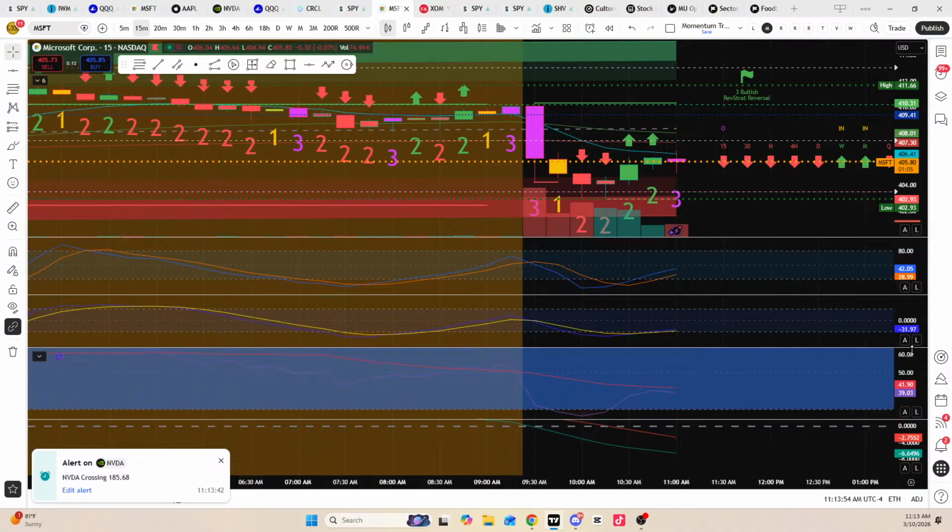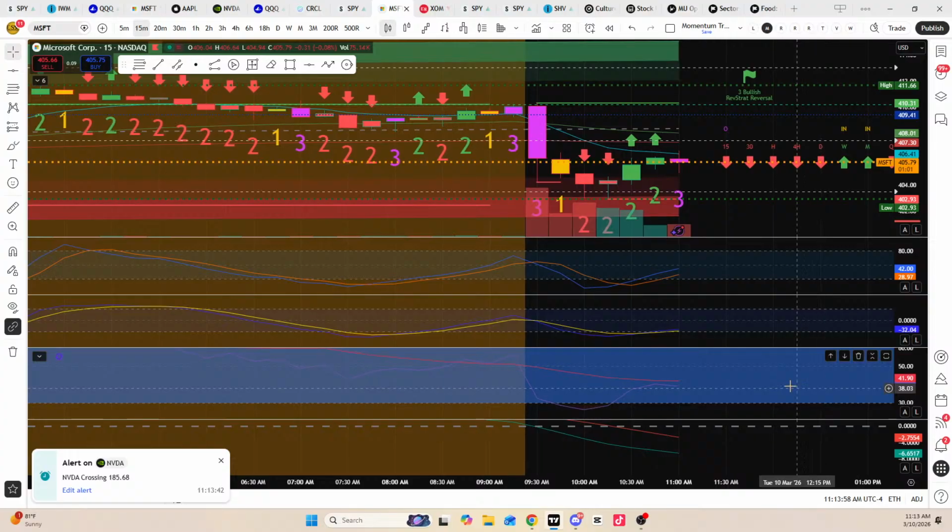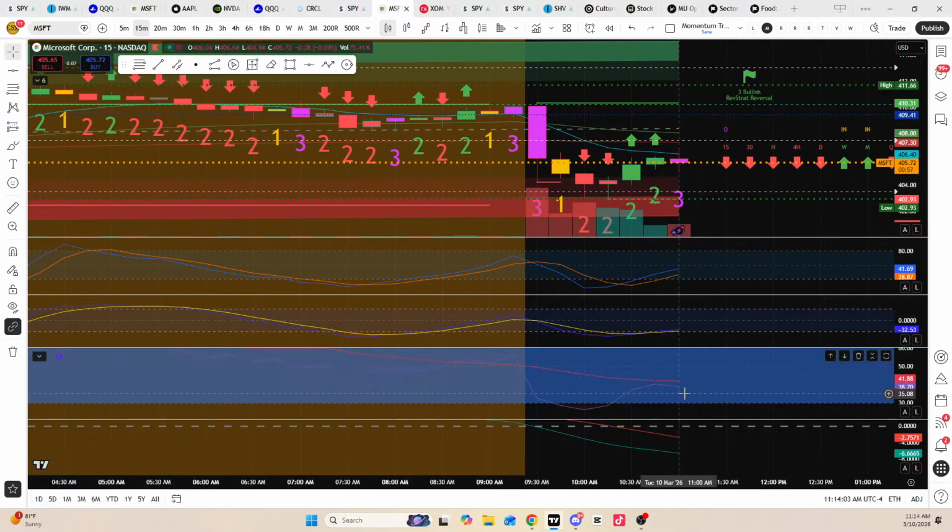I will look to see if we get a cross on the RSI back to the upside down here to support this move. If not, then this could just be a pump fake. So I want to see this RSI follow up with this crossover. We want to see crossovers on every momentum indicator working your way down.